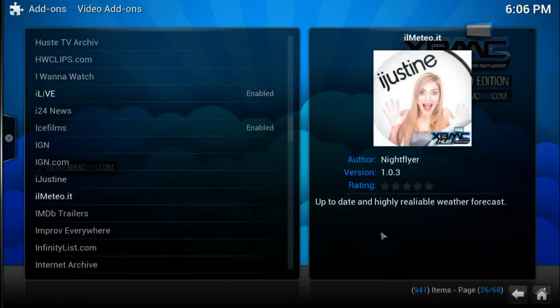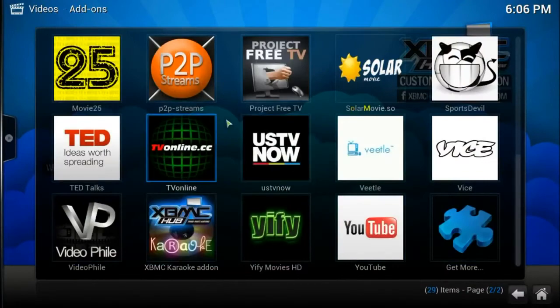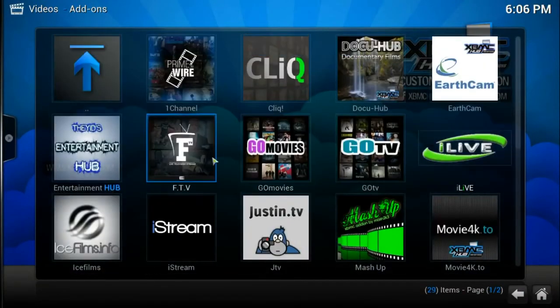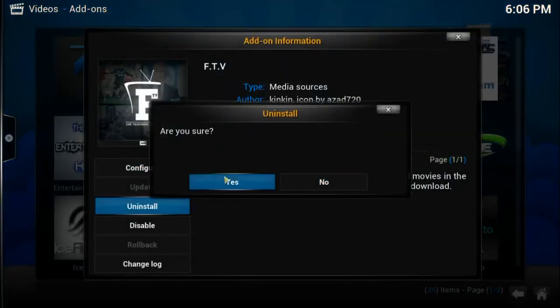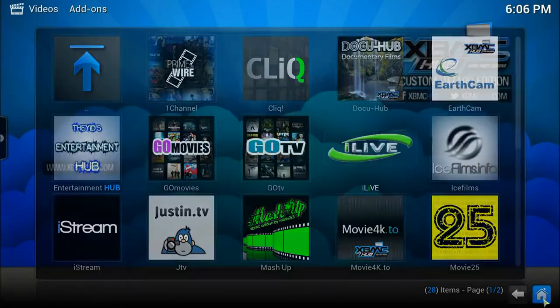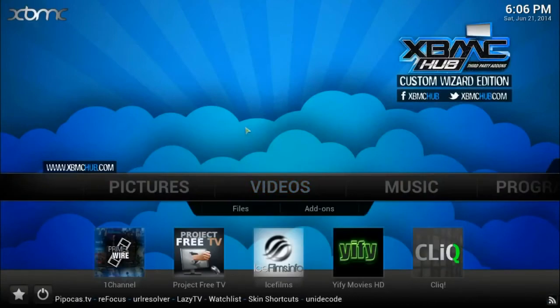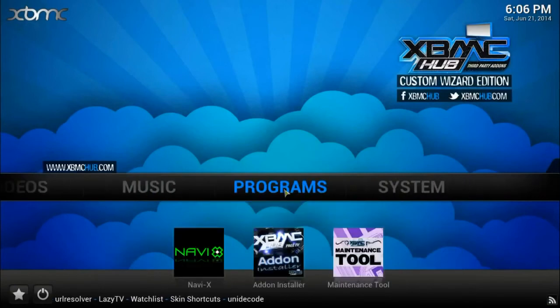Okay, so let's go back and hit the home button. Let's go back to video add-ons. Let's see what we have. And again, I would clean this up quite a bit. I would go ahead and uninstall a lot of this stuff that I know I'm not going to use. I would just uninstall it. There's no need for me to have it there, but we'll go and we'll do that later. For right now, I'm going to go over here, and I'm going to go ahead and change some of the